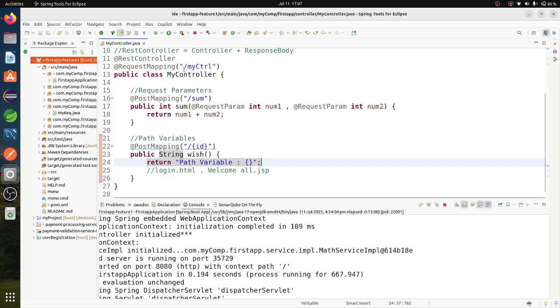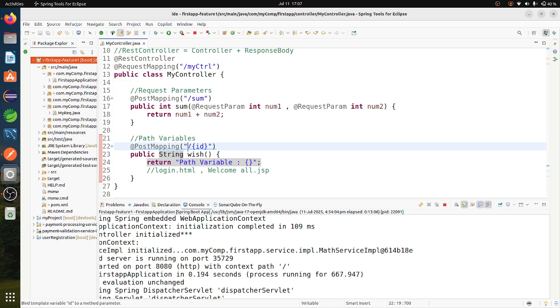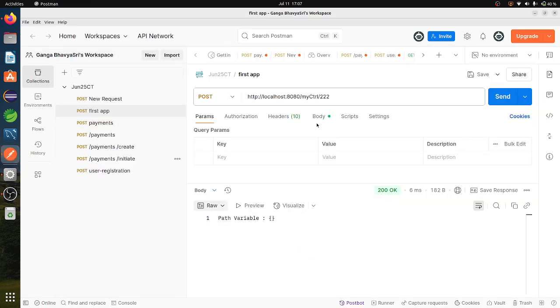For example, after coming to my controller class, I want to first go into some other URL, something called wish URL. Then after going to wish, I want to pass some data. So if I run this now, first of all I want to go to the wish path, then I want to go to any specified ID path.